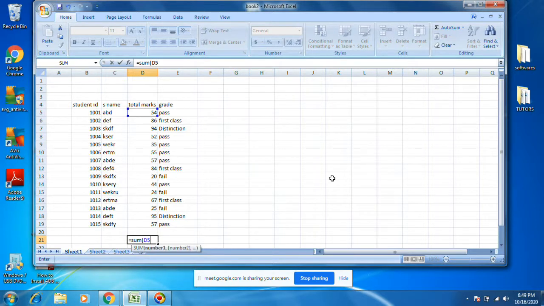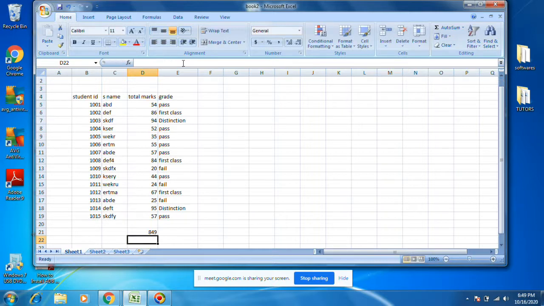D5 is to D19. If you just close this, this SUM function will work, IF condition like SUM. D5 is to D19. If you click here, it will select. The selection part is D5 to D19.